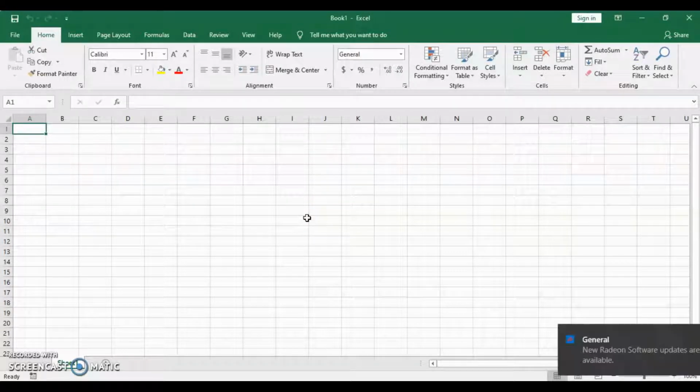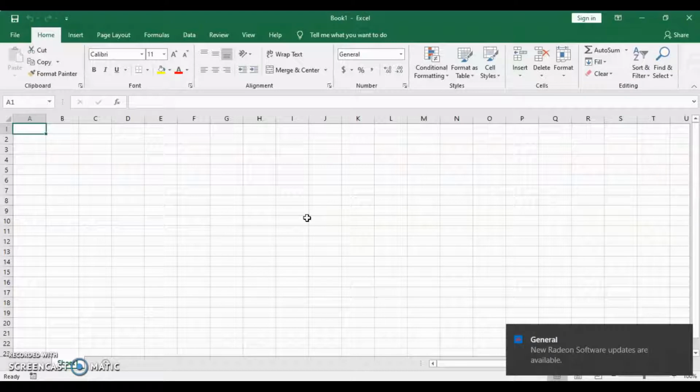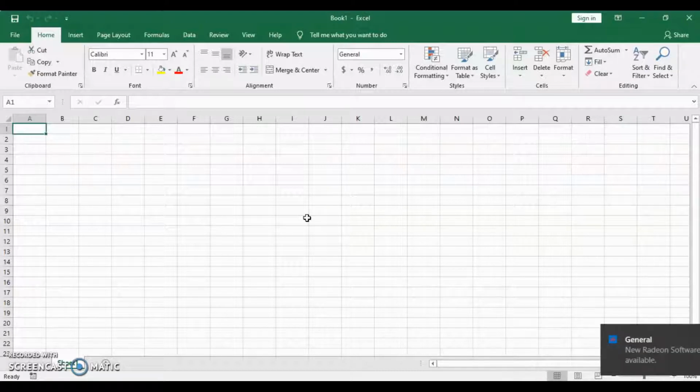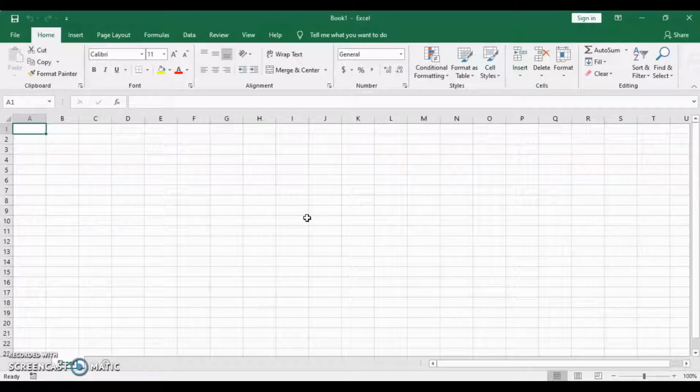Let's start using VBA in Excel. VBA, Visual Basic for Applications, is a programming language for Excel and other Office programs like Microsoft Word and Microsoft PowerPoint. We can use VBA for automating our operations in the applications, like if you're performing any operation in Excel,